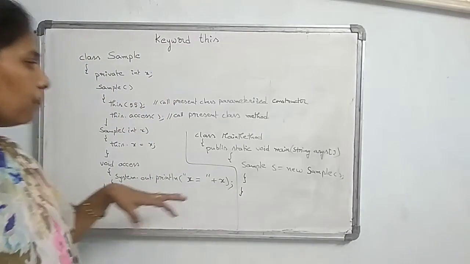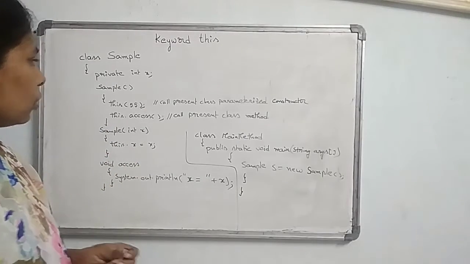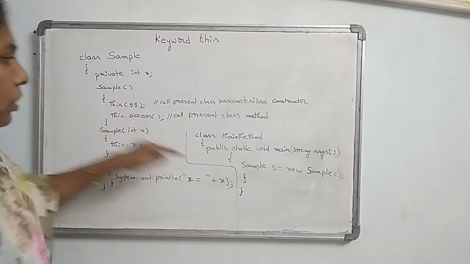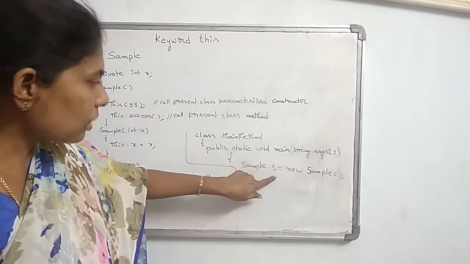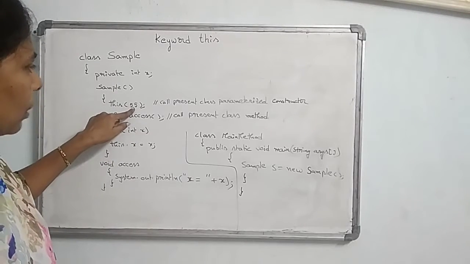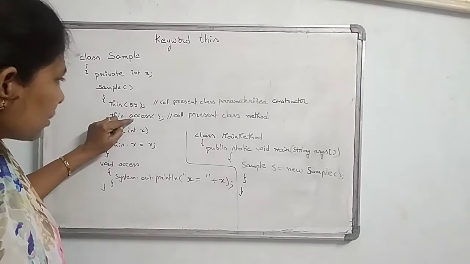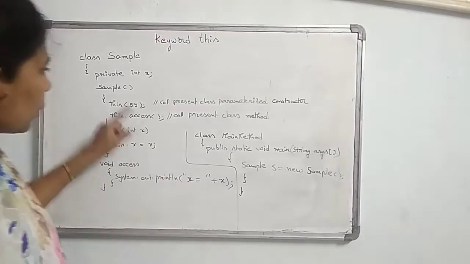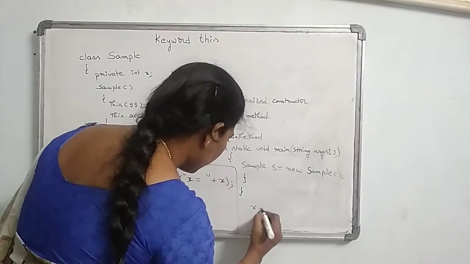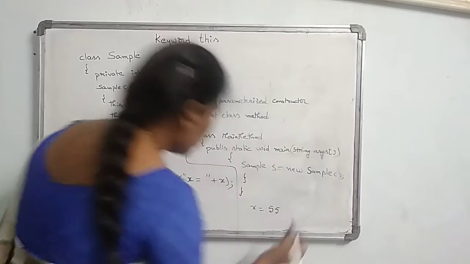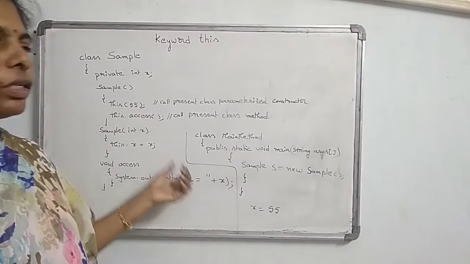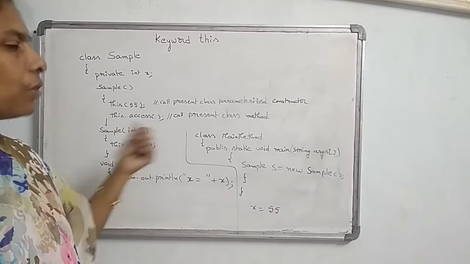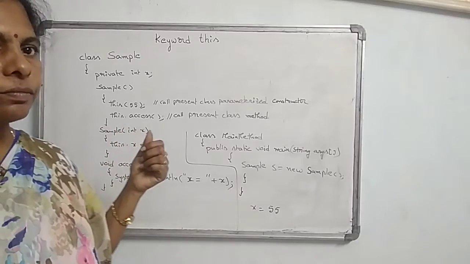Whenever you are passing this value, the output of this program comes under the first this.x, 55. If you take the s object, the s object comes under this, and it will take the value 55. After that it will call the access method. In the access method you are printing the value of x, so x will be 55. So the output is x = 55. In that way the keyword this is used for the object of any present class. So this is the example of the keyword this.